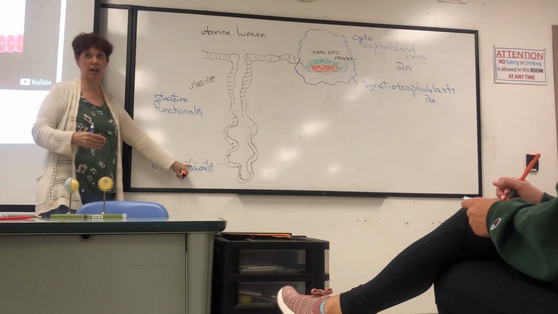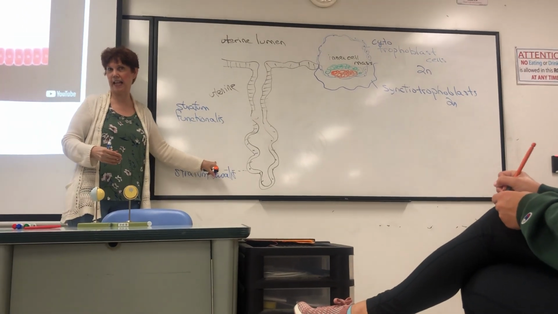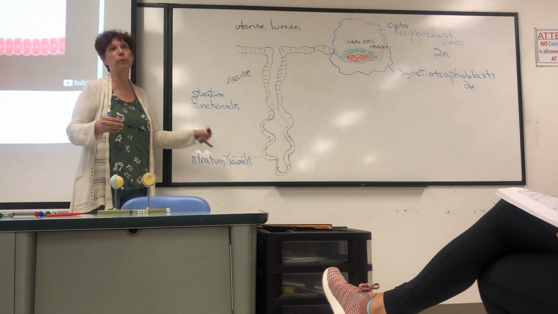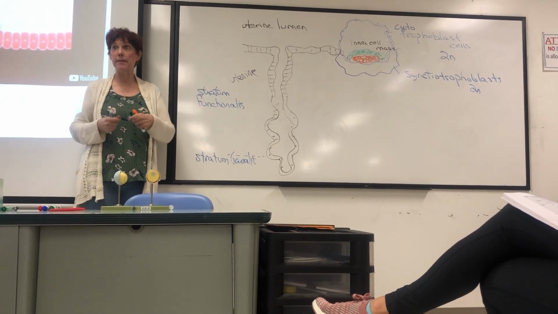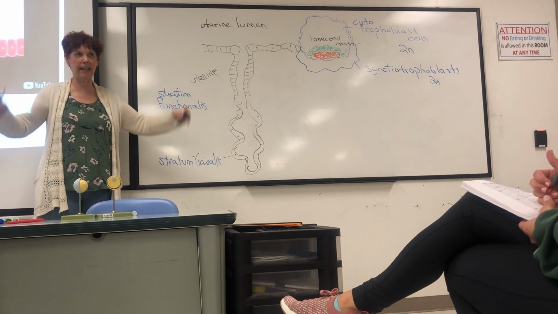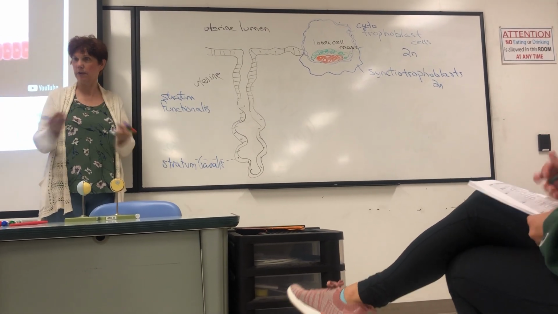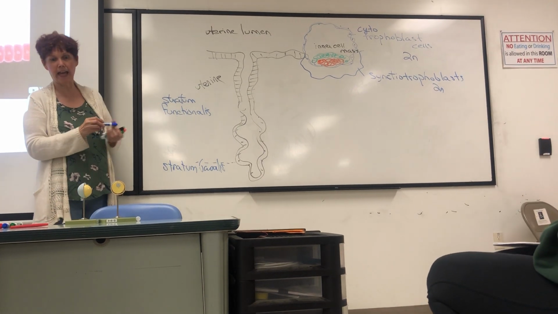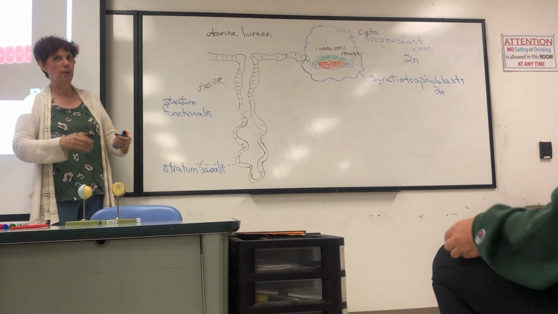It separates at this junction between stratum functionalis and stratum basalis. And as we'll see, that's the same region of separation when the baby is born, okay? And you have the afterbirth and the placenta and all the other tissues of the surrounding uterus separated at that level. All right, so if you want to take a picture of that, go ahead, because I'm going to bring